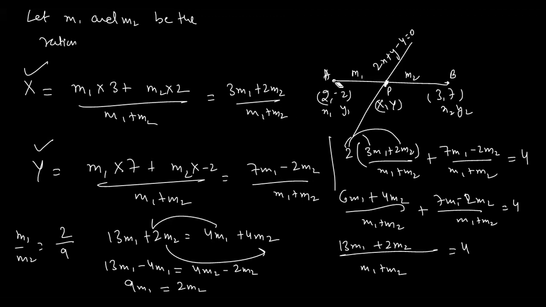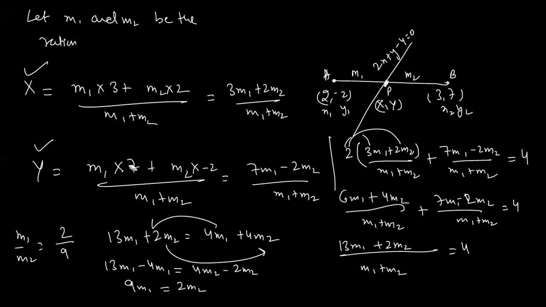Now putting this value as an x in this equation and this y in this equation, we can get a relation here that 2 into, this is the value for the x, so you have to write here 3m1 plus 2m2 upon m1 plus m2. When you multiply this one, you will get 6m1 plus 4m2 upon m1 plus m2. In a similar way, 7m1 minus 2m2. Here we have the y only, 1y, not 2y or 3y.